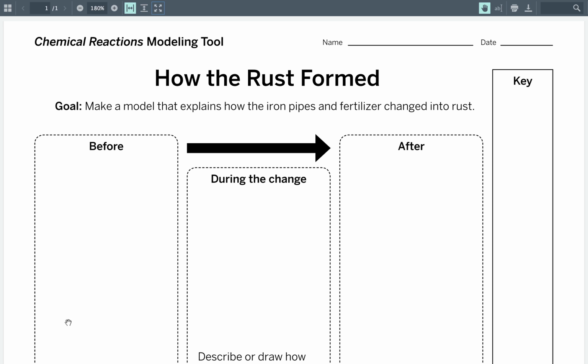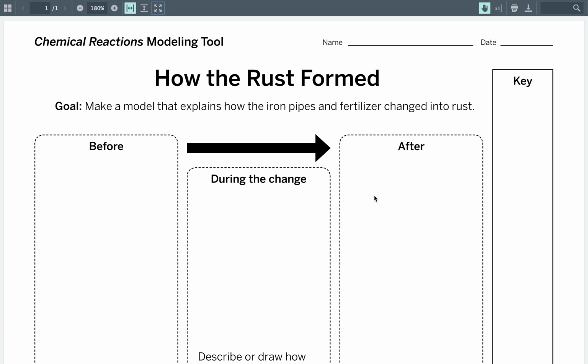And then the second reactant that you have is 1 molecule of the fertilizer. So again, go back to that card or go back to that picture and look to see how many of each type of atom are in the fertilizer molecule. Okay, then we're going to draw a picture of what happens during the change. And remember, yesterday we talked about what are the 2 steps that happen. Number 1, they break apart. Number 2, they rearrange. So I want to see what happens during this. We should see them breaking apart. We should see them moving, right? And then show me what it looks like